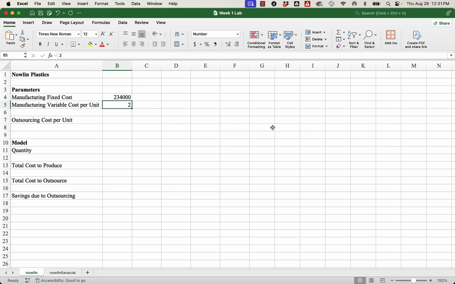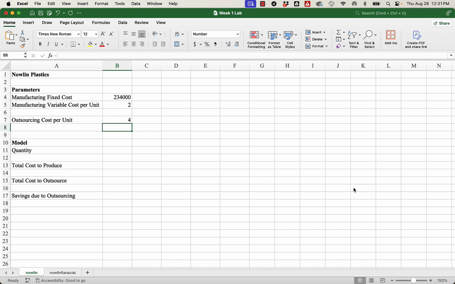Great. So Jamie from finance here, I jump on the phone to my outsourcing partner and I say, hey, outsourcing partner, how much will it cost per unit for you to make these cell phone covers? And this is going to include tariffs and taxes and all those things, but my valuable outsourcing partner says that it's going to be $3.50. So I enter 3.5. It changes to 4. So this is a moment where we're going to pause and just do a little bit